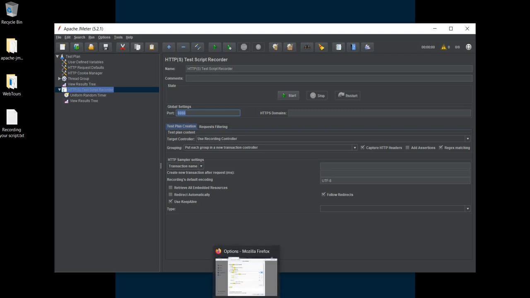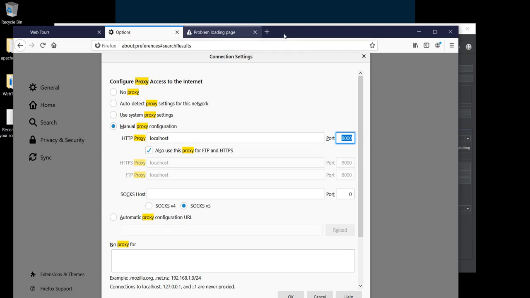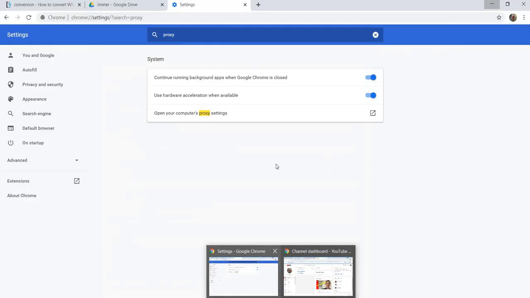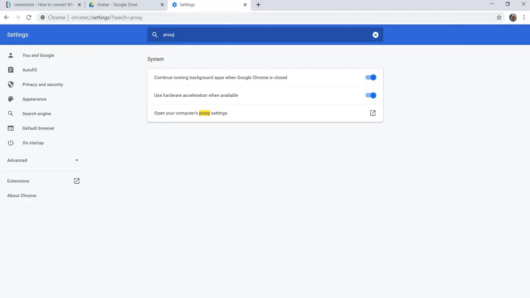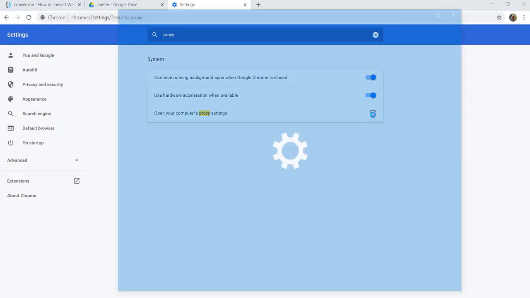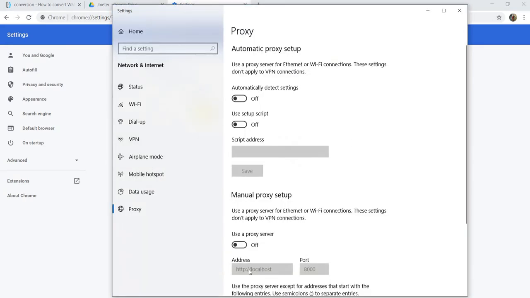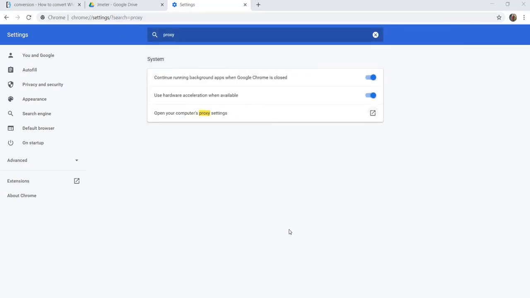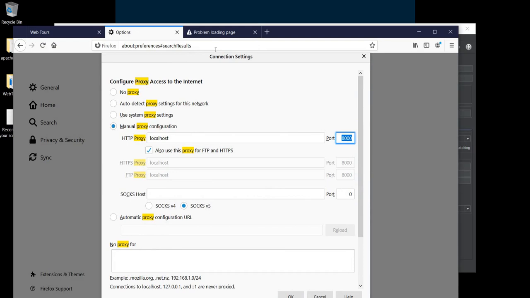So we have followed 2 steps as of now. In step one, we went to the browser. In browser we went to options and proxy settings, and we changed the proxy settings to manual, which is localhost and 8000. You can do the same thing in Chrome as well. In Chrome as well, you can go to options, write proxy, open up proxy settings, and then change proxy settings to localhost and port 8000. But I will not be using proxy settings in Chrome, I will be using Firefox. That is my personal choice.